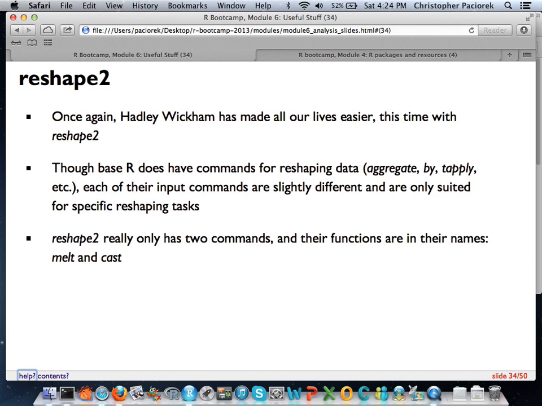So again, the idea here is that R does have built-in ways to do these sort of object transformations, and we've seen a bunch of them already, including aggregate and by, tapply, etc. But when you actually get into the nitty-gritty, the arguments that these functions take are not really consistent as you move across the functions, and they're not parallelizable, all these sorts of things. Reshape is basically trying to overcome this problem. And the syntax is actually extremely, extremely simple. I mean, it's kind of basic, truth be told.